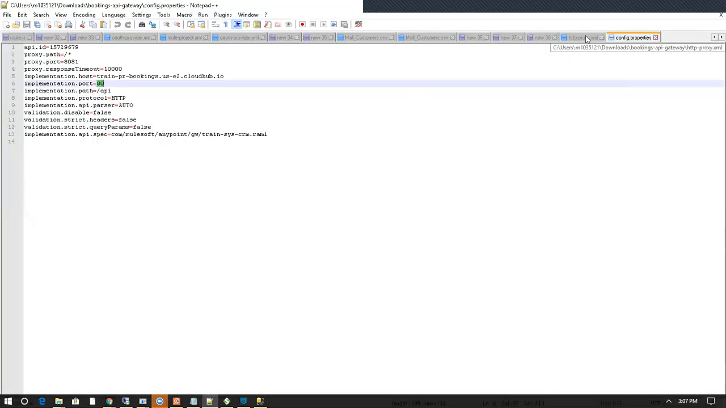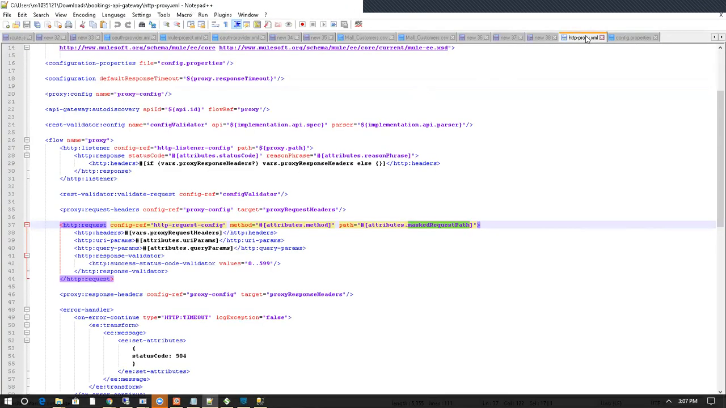This is my configuration file. This is my proxy application itself. So this is my flow where I have a listener. My flow name is proxy. The listener will listen and it will call an HTTP request to our APIs. So this is my